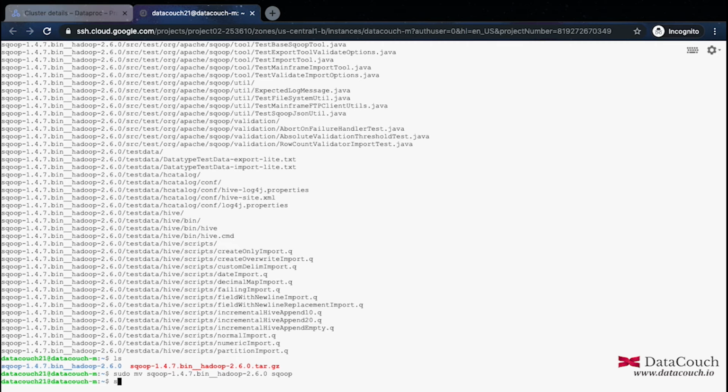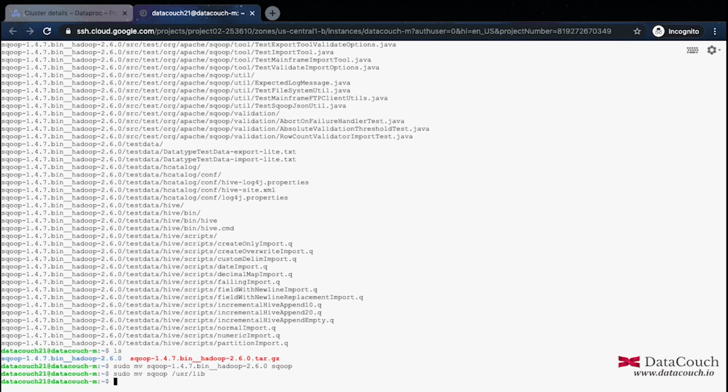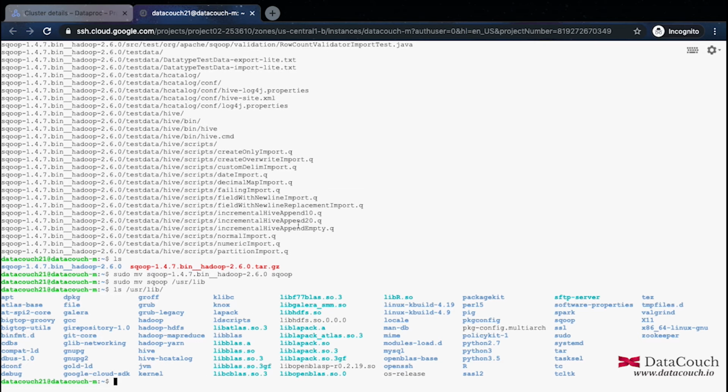I will do sudo mv again and move this sqoop under the /usr/lib folder, and this is all set. I will do ls once and see whether we got the folder inside /usr/lib. So we have sqoop, yes, we have sqoop here. So we now have Sqoop in the /usr/lib directory.